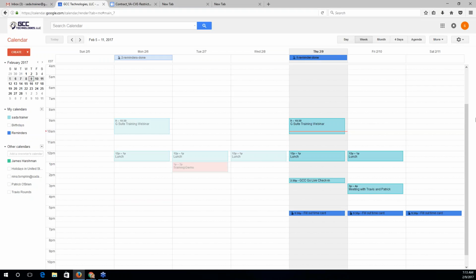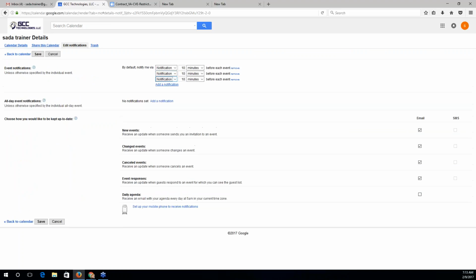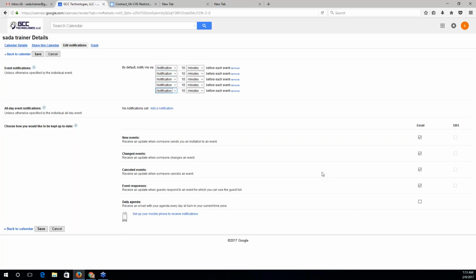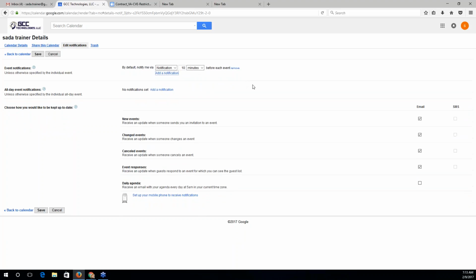So if 10 minutes before the event is not your favorite notification setting, they have migrated over from your preferences in Outlook. But to change them, you can hover over your own calendar, select that drop-down arrow, and then go to the Edit Notification section. You'll see here that you can toggle and customize your notifications as you'd like, and you can actually add up to 5 individual notifications to apply to each event, and these can be either email notifications or pop-ups, and really any increment of time. So you can be very notified if you'd like. So feel free to set those up.